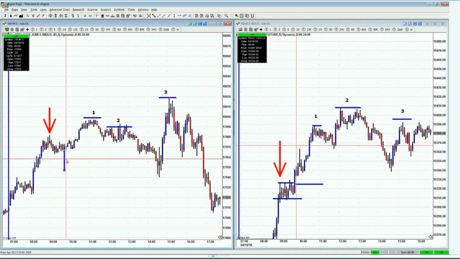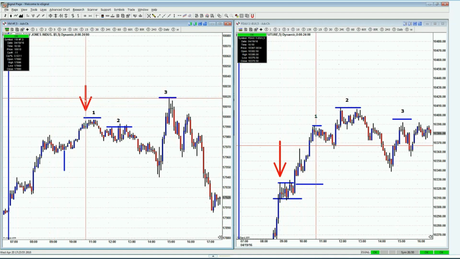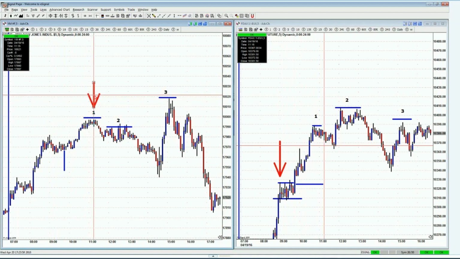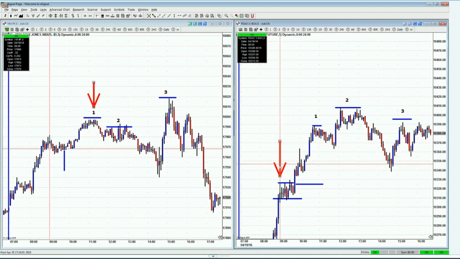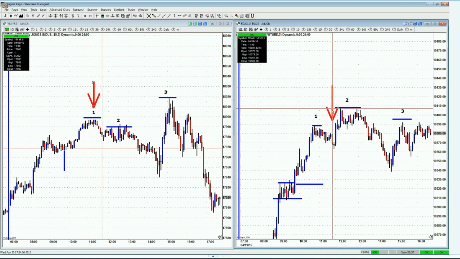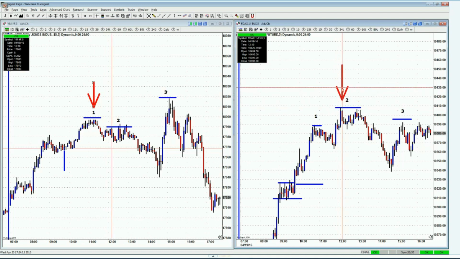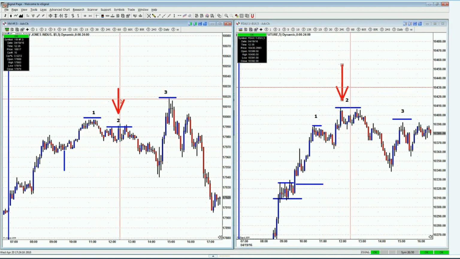So I'm not portraying this technique as a technique that always works, because it certainly doesn't. But it does give you some tremendous guidance of what's strong and what's weak in the market. A little bit later on in the morning, the Dow makes a new high, as does the DAX. Both retrace. And again, the DAX motors up the page and makes a new high, but the Dow is not